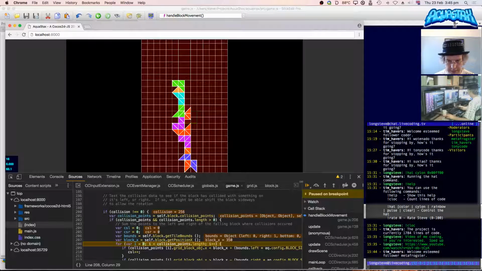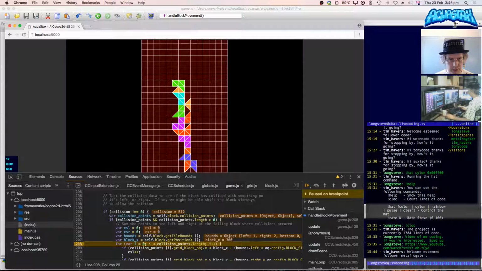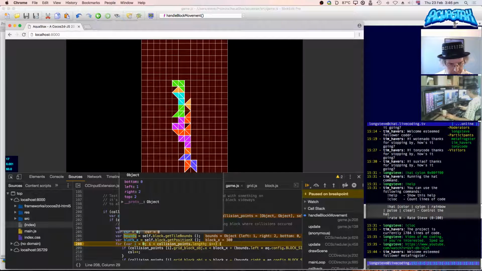Now I don't know where it's going to collide. Try this one. So collision points, we've got bounds. Left is 1, right is 2. That's unusual. Left is 1, right is 2. Right, it should be 0 at that point.